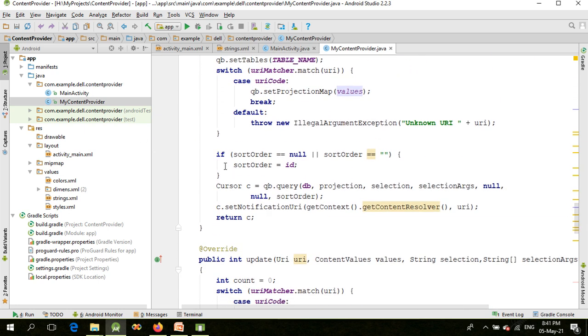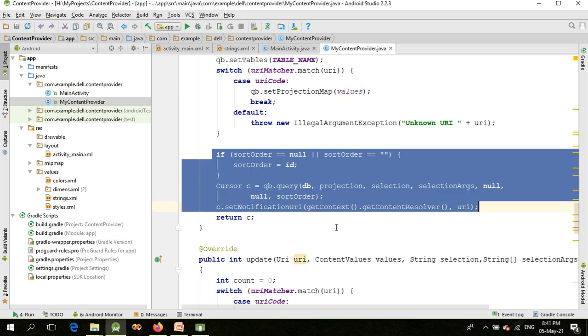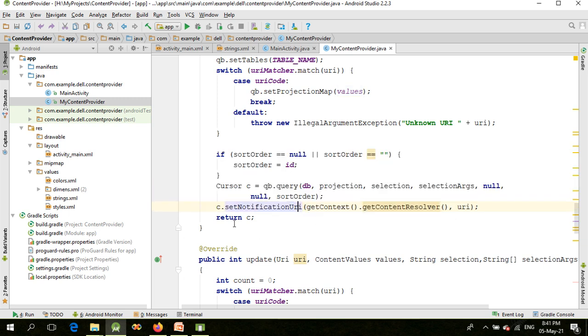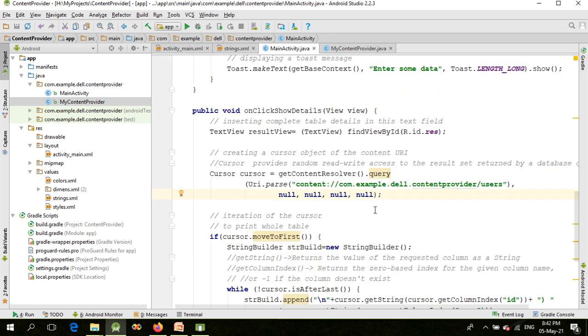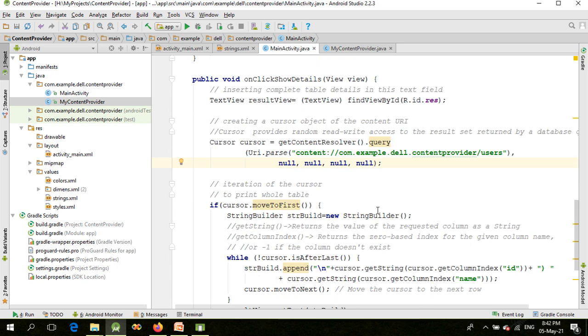Okay, and this change is notified to the content resolver, and it will return the object of cursor, which in this case is c. Okay, so see here, c is the object of type cursor, right? Then coming back to our MainActivity.java file,